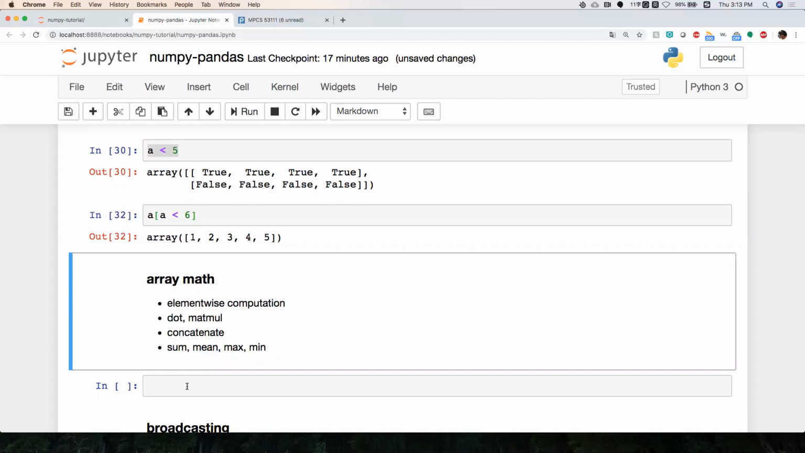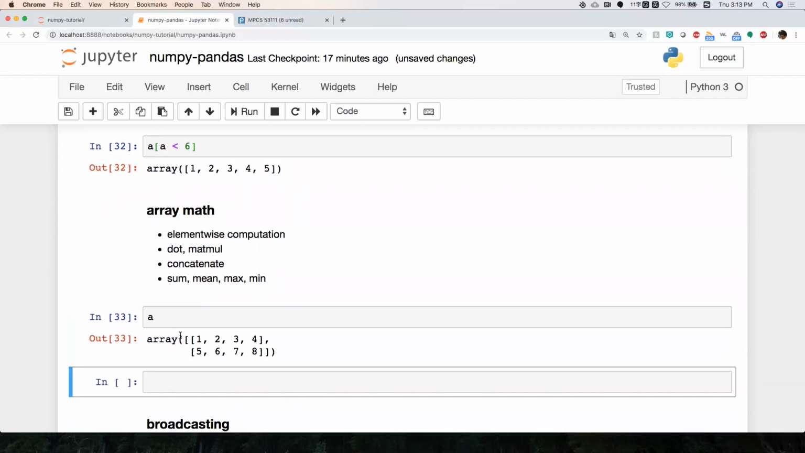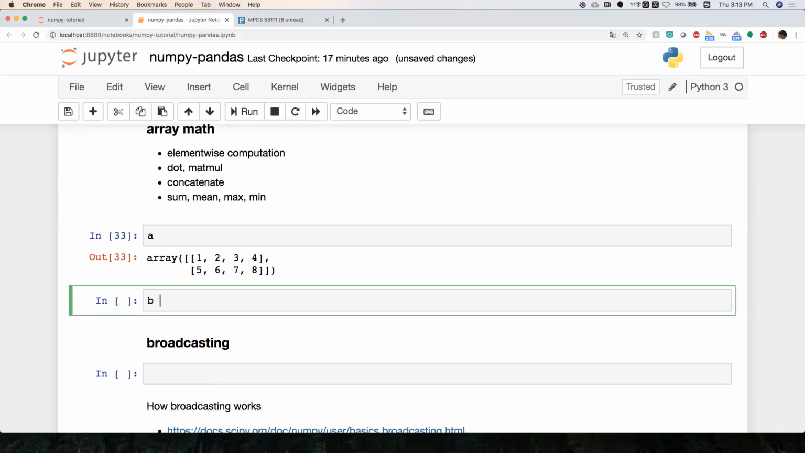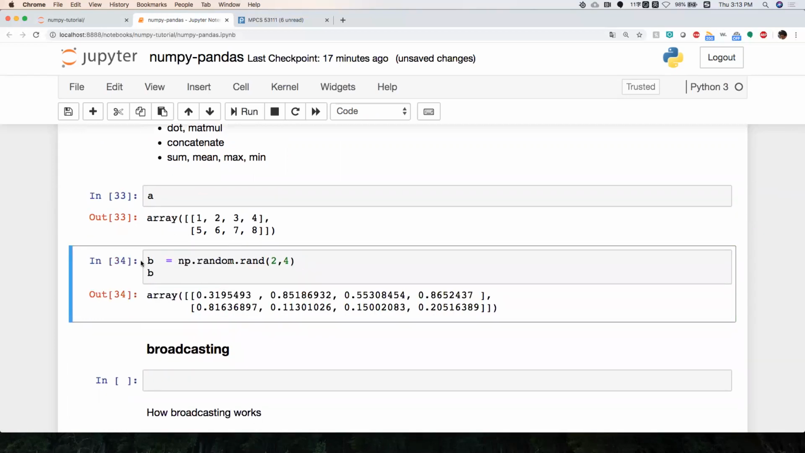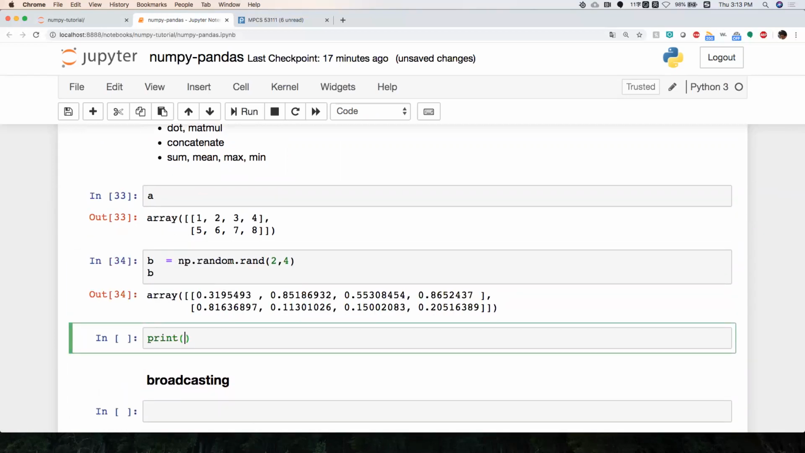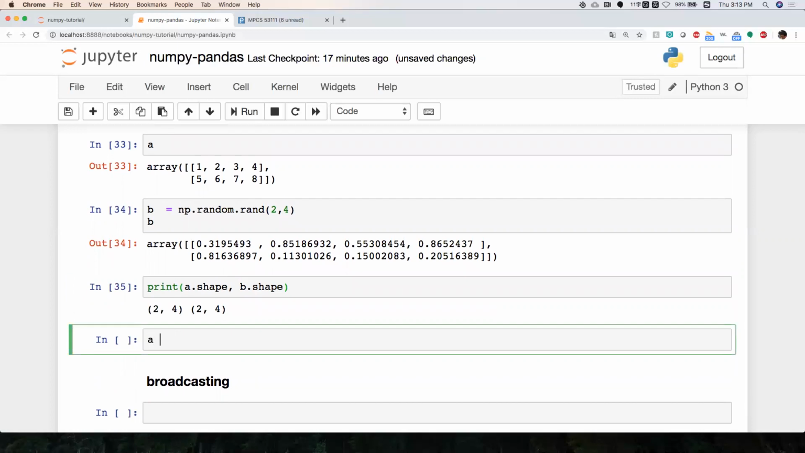So element-wise multiplication will be like this. So we have an array A. It's of shape 2 times 4. Let's just randomly initialize another 2 times 4 matrix. So B and A has the same shape. If you check A dot shape and B dot shape, you'll see that they are of the same shape. And if you